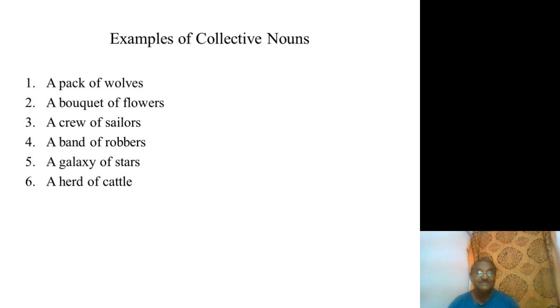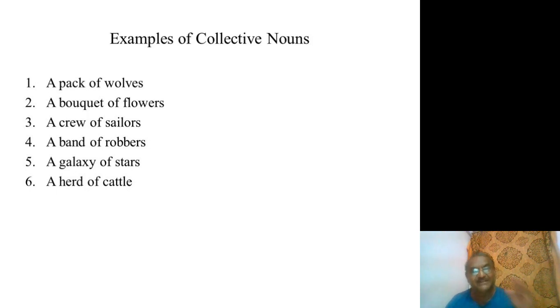Crew of sailors, band of robbers, the entire coinage is given for that one. A coined word is given for robbers. You say robbers. How many robbers are there? Maybe 2, 3, 4, 5, or Alibaba's 40. Thieves are there, robbers are there. But you say the band of Alibaba robbers. Band of robbers. So that is a group. A group is taken into account here. It is not the individual that is being counted here. It is the group that is counted.